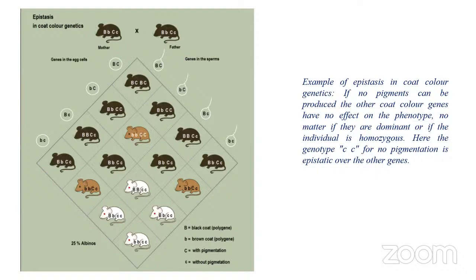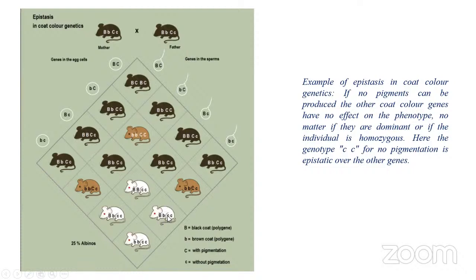In Mendel's law, Mendel did not consider that genes interact with each other, but due to discoveries made after Mendel, it was clearly shown that genes do interact with each other. And the example is shown here. If you carefully look at this, you can see that whenever there are two